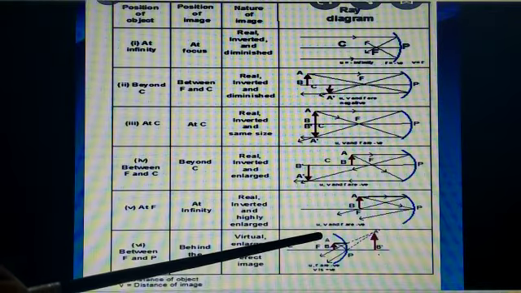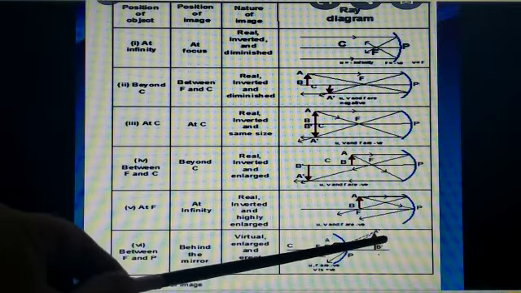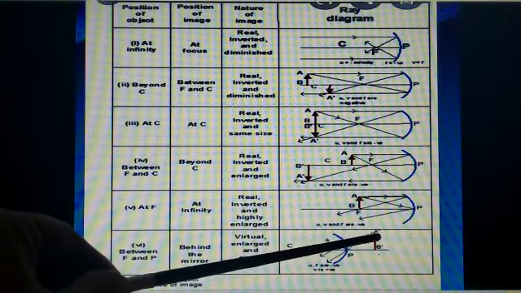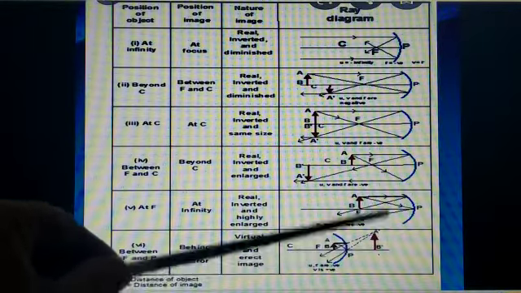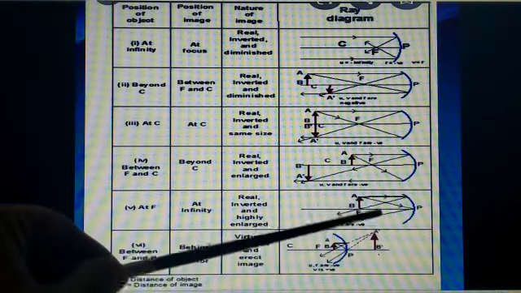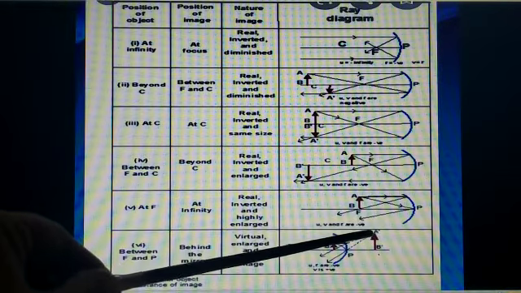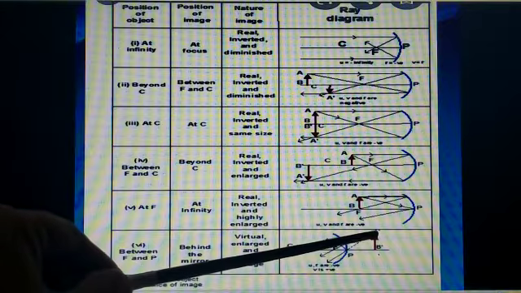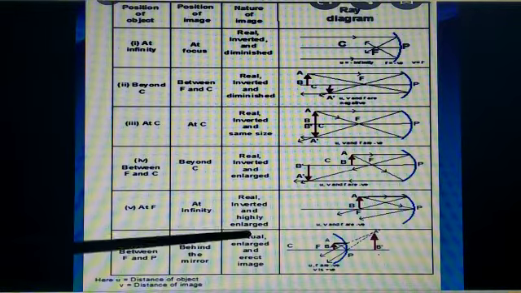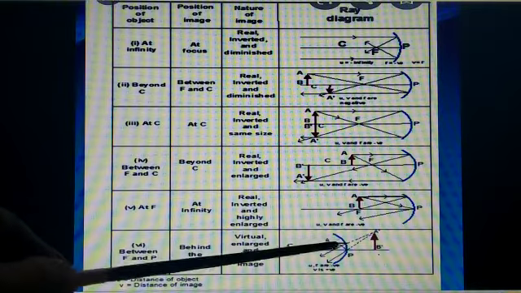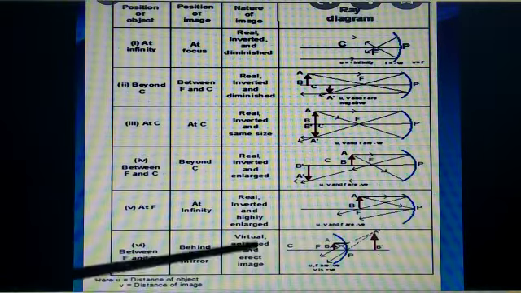Then the image will be formed behind the mirror. So only in this case we will get the erect image. See, it is erect, not inverted. But here actual rays are not intersecting, so that image, it is a virtual image, will be formed, in enlarged size compared with the object, enlarged size and erect image.